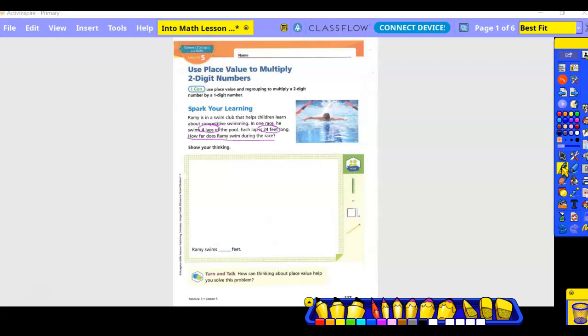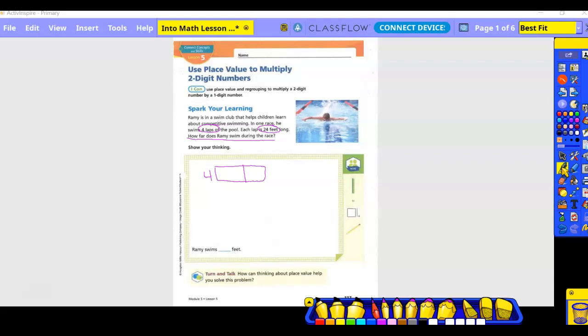So plot your information, right? Remember what I do, you do, okay? So they want us to show our thinking. They said we can either use base 10 blocks or we can do our box, okay? So let's go ahead and do both. So if we did our box, we would have 4 over here, single digit, and then we would break this